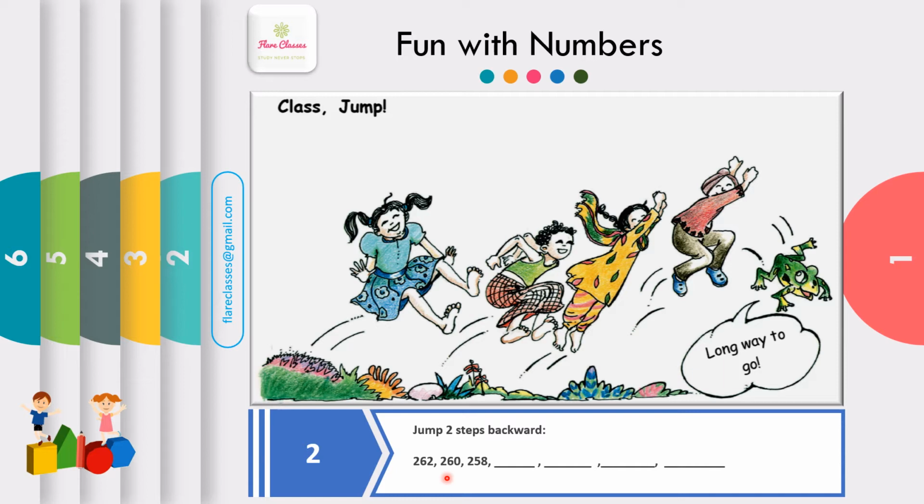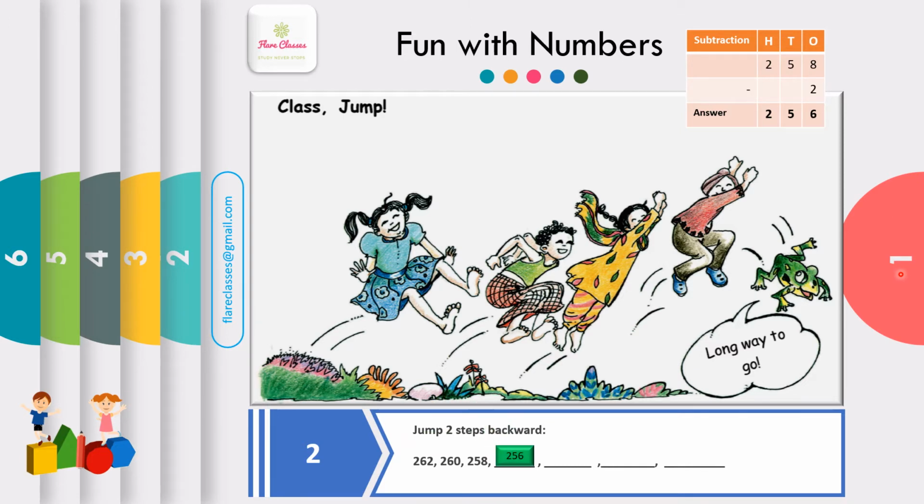Again, when we jump 2 steps backward, we will reach at 258. So guess what next number will be? We have to subtract 2 in 258. At ones place we have 8 minus 2. Answer will be 6. At tens place we write down 5. At hundreds place we write down 2. So answer will be